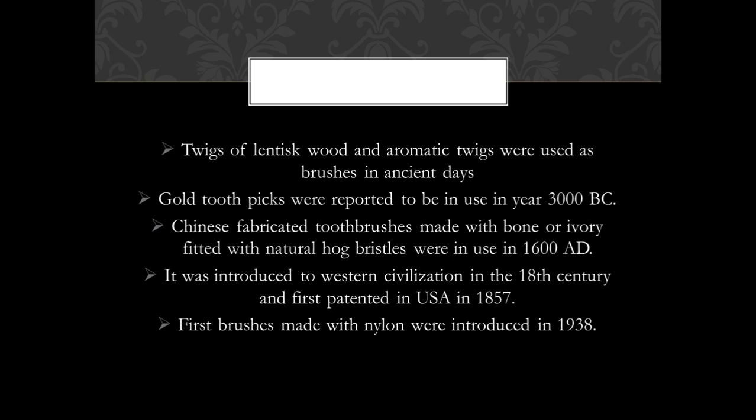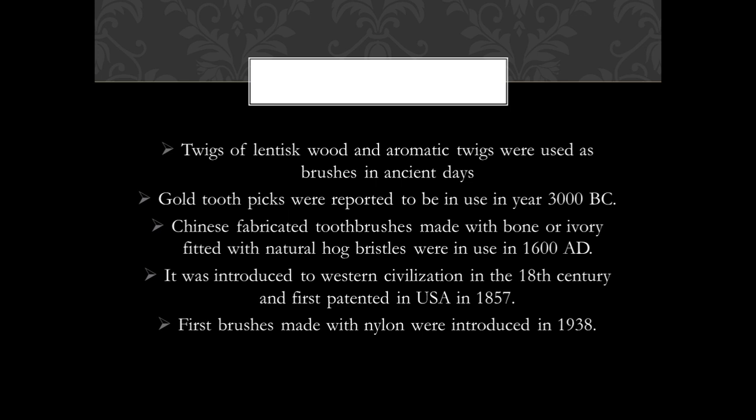And gold toothpicks were reported to be used in the year 3000 BC. The Chinese fabricated toothbrushes made with bone or ivory fitted with natural hog bristles. What is hog? I think you know, hog is nothing but a domesticated pig actually. The natural hog hair is used as bristles actually. So they were in use in